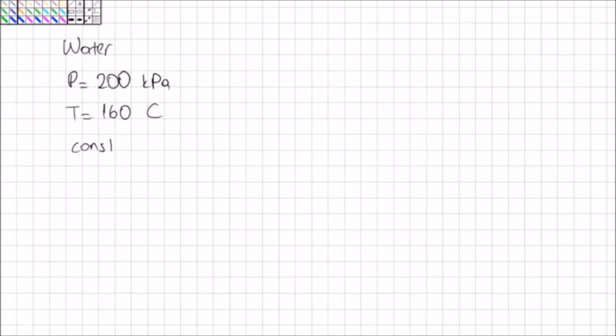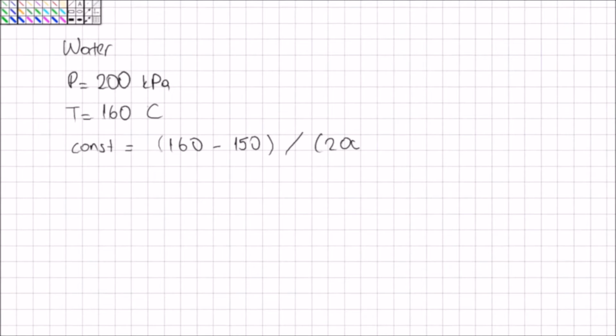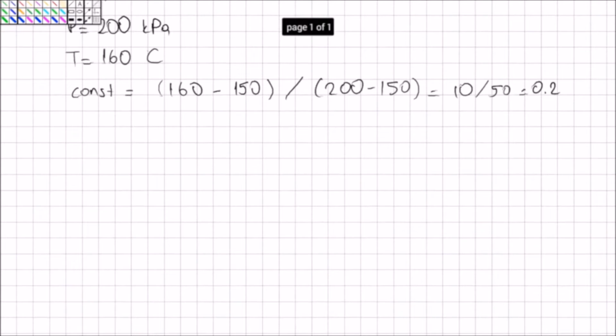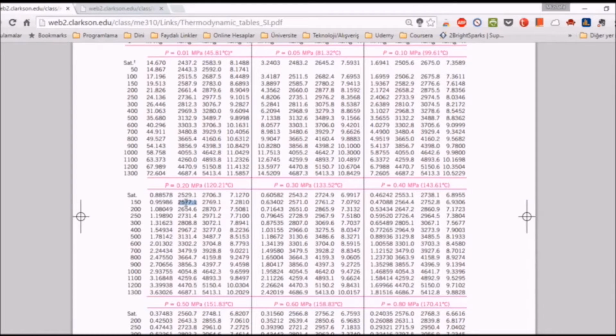Constant is equal to 160 minus 150 divided by 200 minus 150. This is equal to 0.2. So let's say we want to calculate internal energy, and lower and higher values are like this, and we